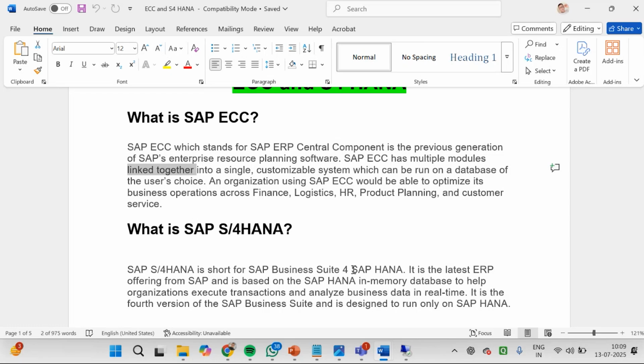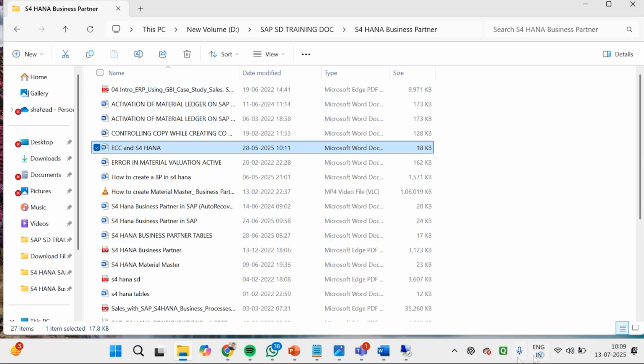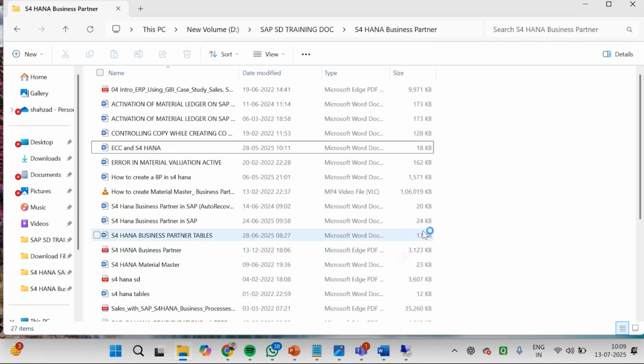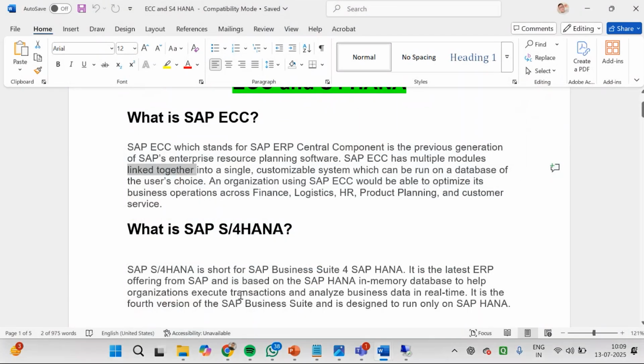S/4HANA क्या है? क्लाउड बेस्ड टेक्नोलॉजी। क्लाउड जैसे गूगल ड्राइव, मैंने एग्जांपल दिया, इसी तरह बहुत सारे क्लाउड हैं ना। अभी मेरे लैपटॉप में भी एक दिखाते हैं, सिस्टम बार-बार बोलता है कि आप डेटा क्लाउड में रखिए। ये वन ड्राइव पर्सनल है, दिस इज क्लाउड। इसमें बोलता है आप अपना डेटा यहाँ स्टोर करके रख सकते हैं। कल को अगर डेटा आपके लैपटॉप से उड़ गया, तो आप क्लाउड से निकाल सकते हैं। वही S/4HANA का कॉन्सेप्ट है।